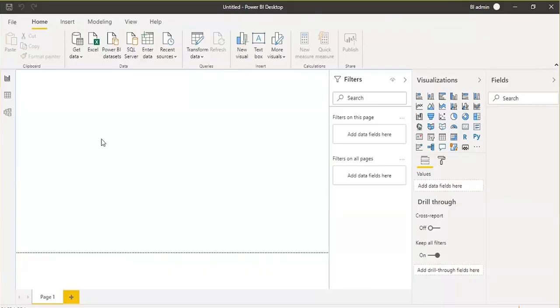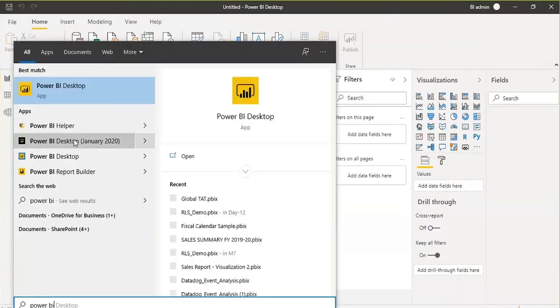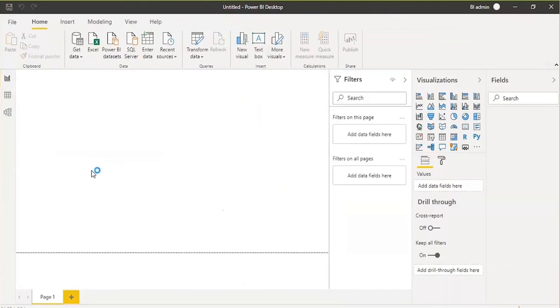Now let me show you the other version of Power BI Desktop, which you see here: Power BI Desktop, RS version. If I start it, you will see the difference in logo. For the regular version of Power BI Desktop, the logo background color is yellow, and for the RS version, the logo background color is black. This is just to tell which version you are using, and make sure you create or open your report in the correct version. Otherwise, if you open your report in the wrong version, it will not be supported by the other version of Power BI Desktop. So be careful when working with on-premises reports.